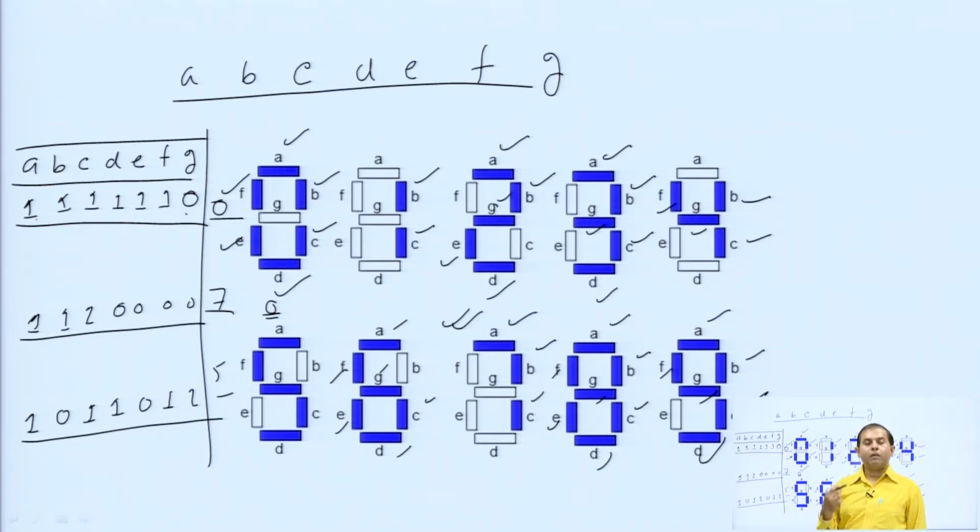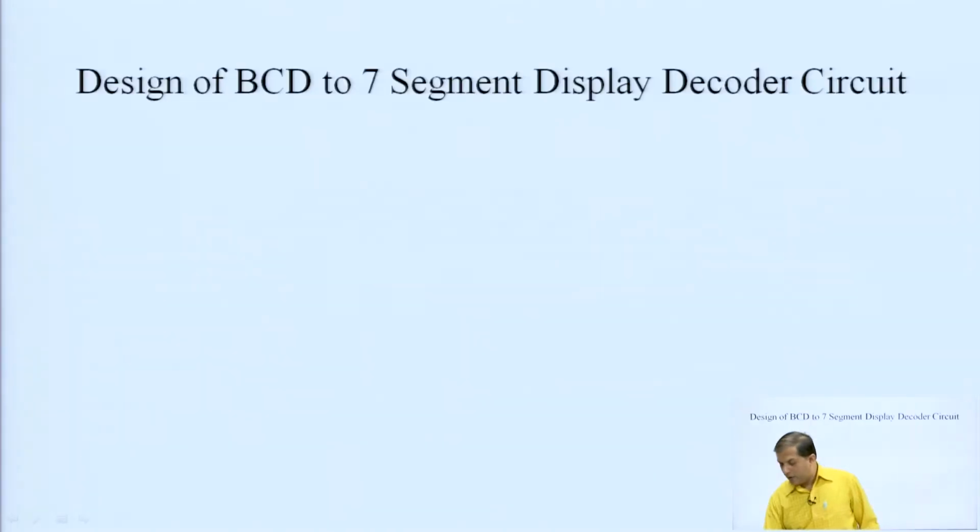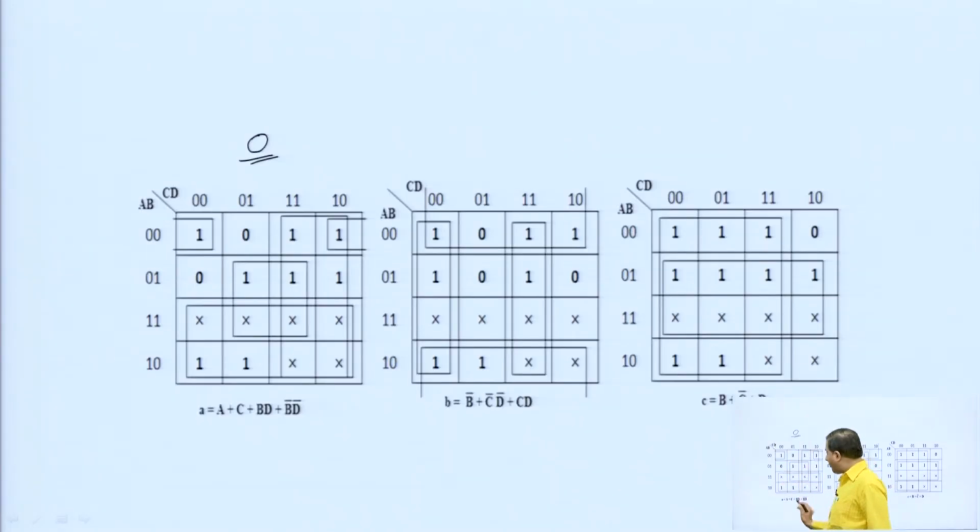Rest case means from 9, only 0 to 9 we can display, right. This is from 0 to 9, but what about 10, 11, 12, 13 and 14. So, these will be the don't care conditions, right. So, for like that only here in the truth table you can check, this is 0th position 1, 3, 2, 4, 5, 7 and 6, and the rest we are having